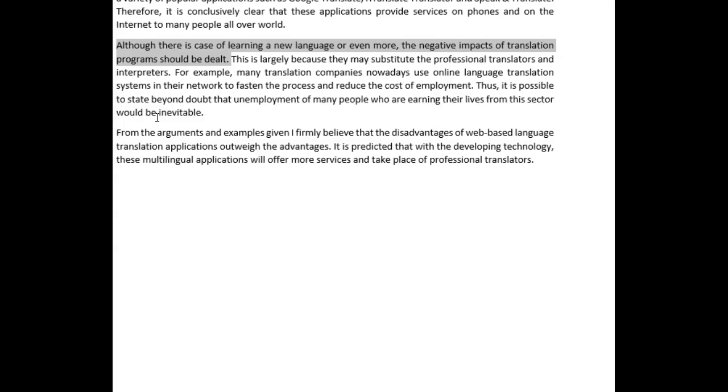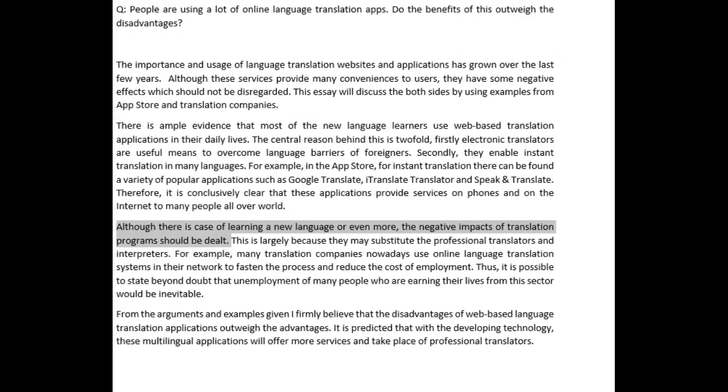From the arguments and examples given, I firmly believe that the disadvantages of web-based language translation applications outweigh the advantages. It is predicted that with the developing technology, these multilingual applications will offer more services and take the place of professional translators. Okay, so